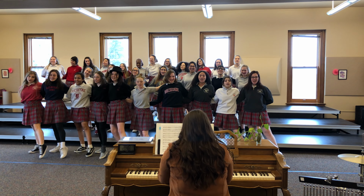I'm standing in the music room. This music room was not even available to us in the 80s. So this is all new. I think this room is fabulous. I was in the choirs as a student here, and we did not have a room like this with acoustics